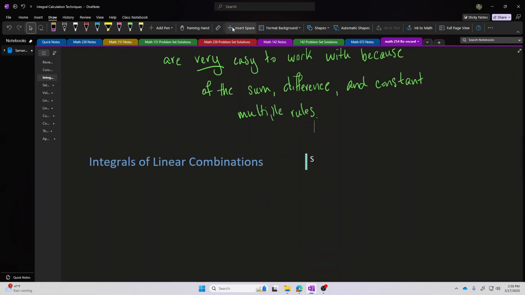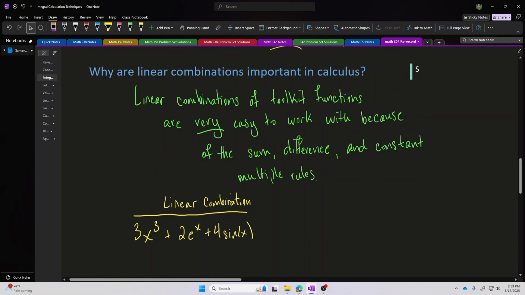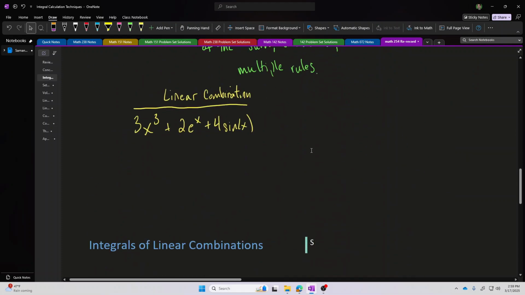So, for example, if I gave you the function 3x cubed plus 2e to the x plus 4 sine of x, this one is a linear combination of toolkit functions. Because it is obtained by adding together constants times the toolkit functions that are in this list, which means it's very, very easy to find the derivative of this function, and it's very, very easy to find the antiderivative of